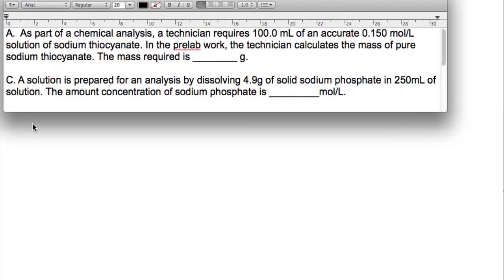Okay, now for the second question, which was, a solution is prepared for analysis by dissolving 4.9 grams of sodium phosphate in 250 milliliters of solution, and it asks for the concentration of sodium phosphate. The first step is that 4.9 grams, we need to convert it to moles of sodium phosphate. So let's do that. We're given 4.9 grams of sodium phosphate, and the first step is we need to divide it by the molar mass of sodium phosphate, which is